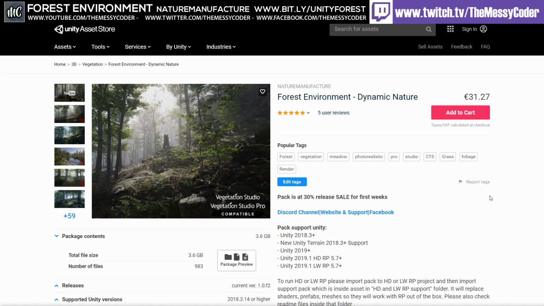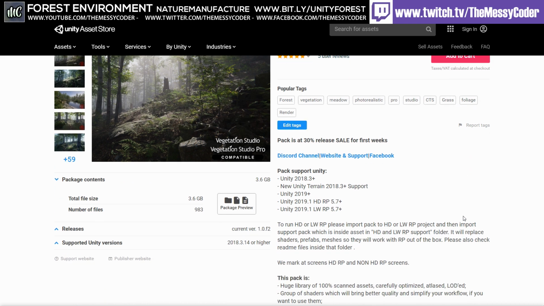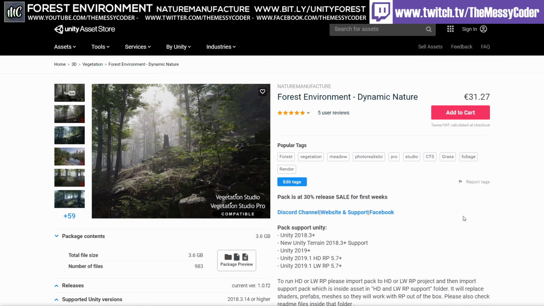R.A.M Messy Coder back again inside Unity, playing about with Forest Environment Dynamic Nature from Nature Manufacturer. This is going to be an awesome review. I'm very excited indeed. I've been gifted this pack from Nature Manufacturer. Thank you very much, you beautiful badgers. I am very excited because by the pictures and the videos, this is possibly the best looking nature pack on